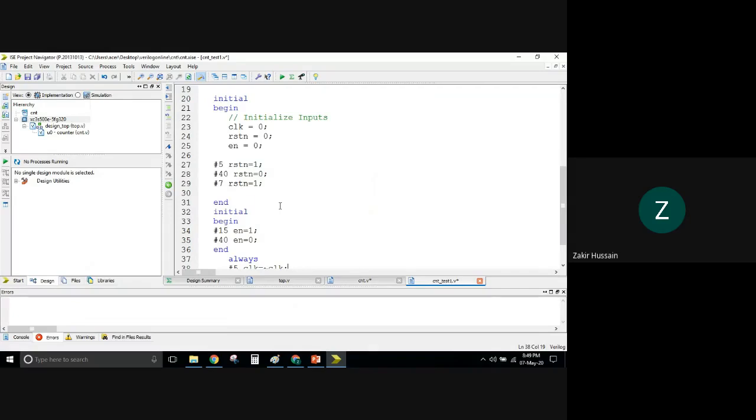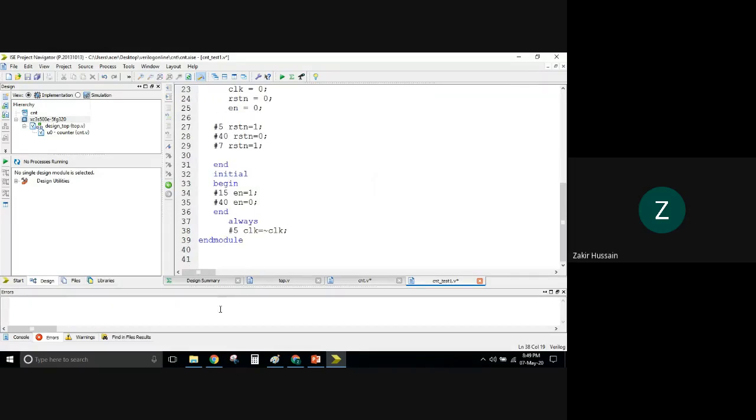Code and I can see my waveform. But if I want it to be printed here, I have to use initial and $monitor. $monitor we discussed long ago in previous sessions; I don't know how many of you remember.